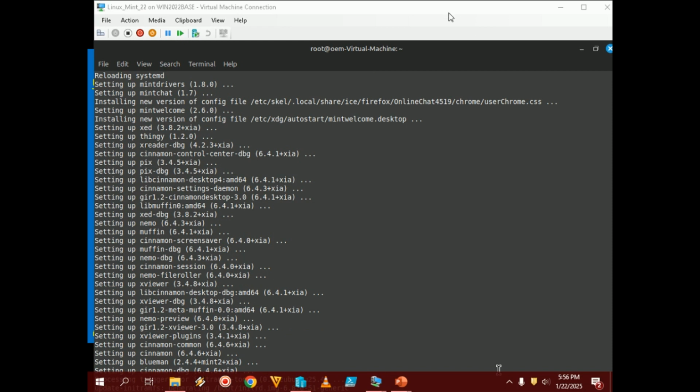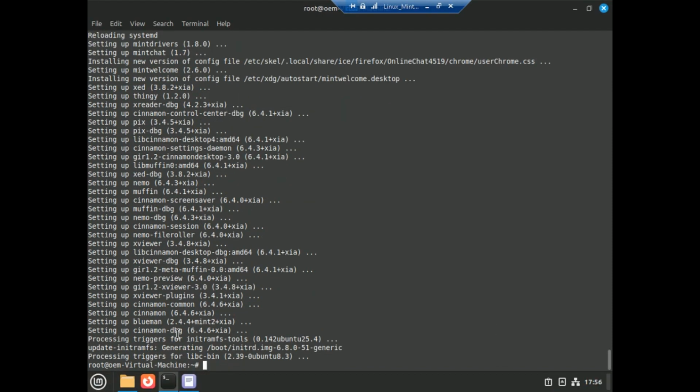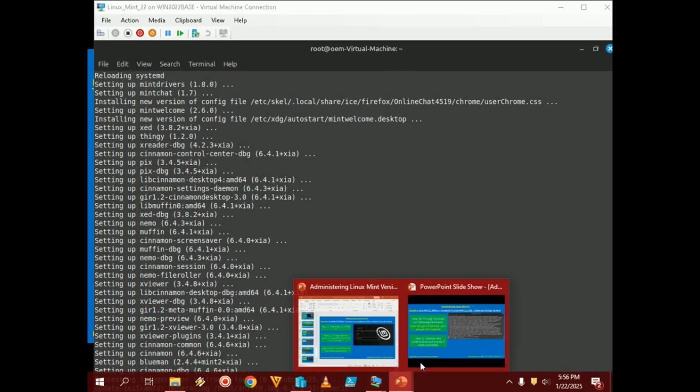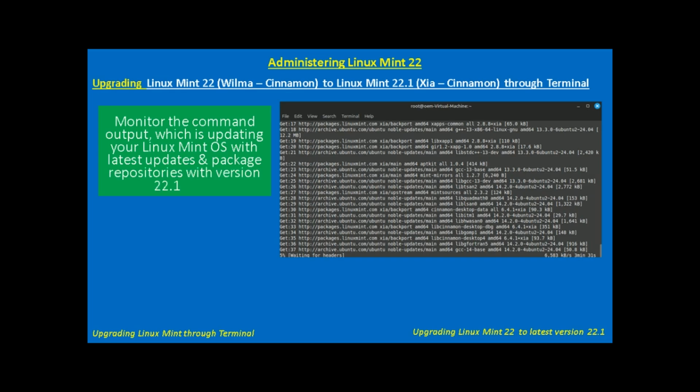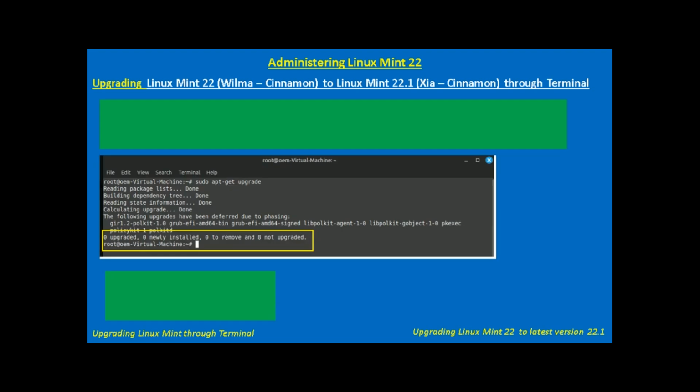So we have completed our command. Now you can see all the packages have been set up. Now let's move on to the next step. So we have already completed this particular process, monitoring, which is updating your Linux Mint OS with latest updates and package repositories with version 22.1 Xia. Okay. Now next is